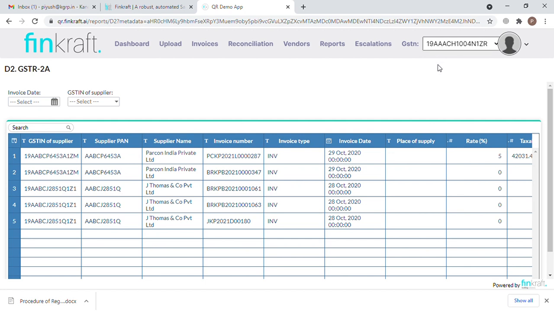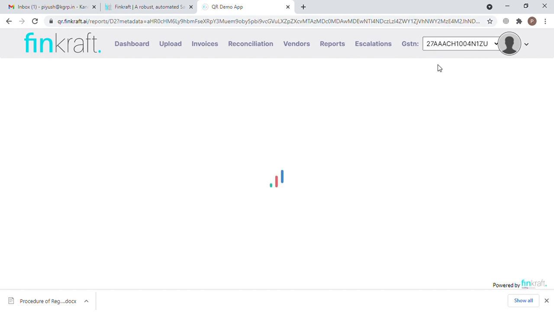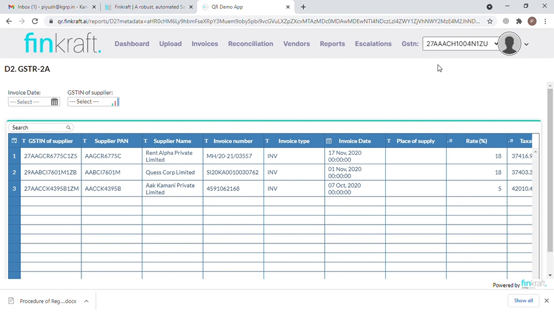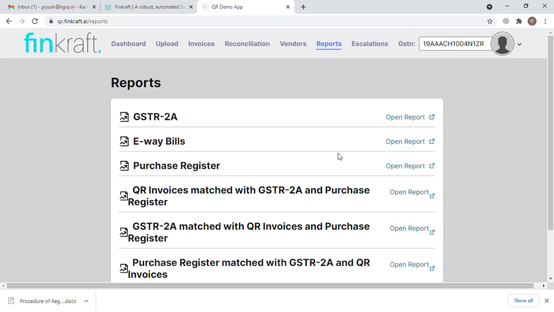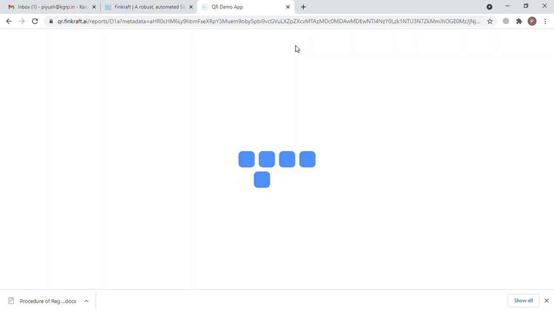We can also filter it using this GST number. Similarly, for purchase data, the purchase register, we can go to this report and also filter the data using this GST number.